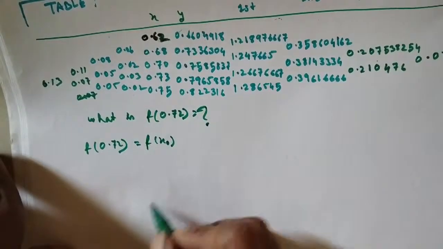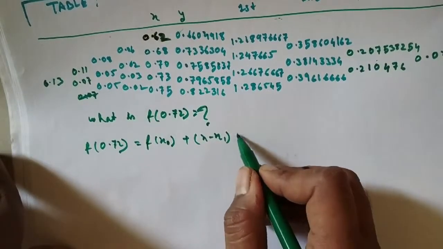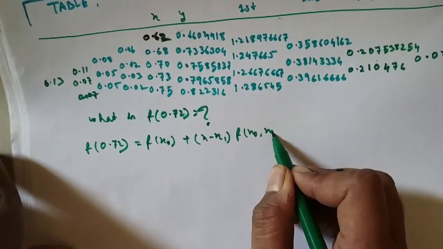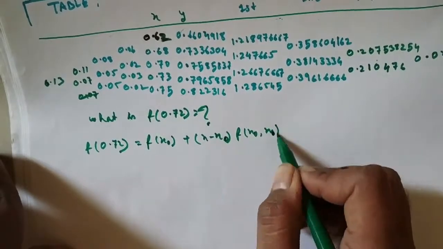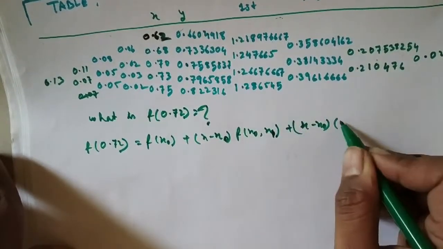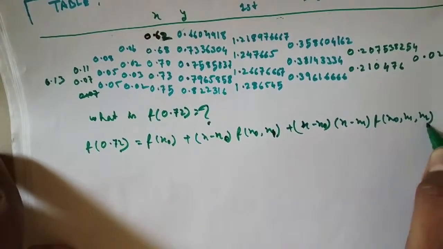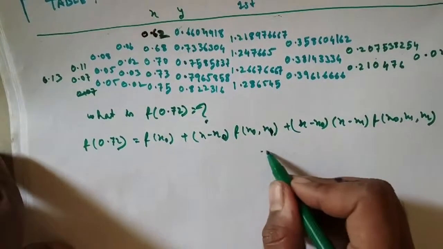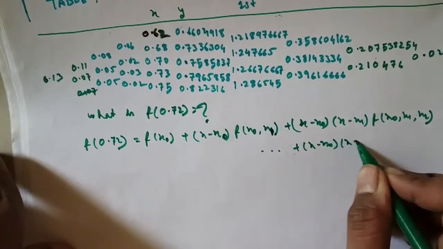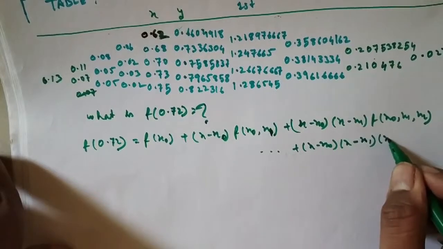Here was f of x0 plus x minus x0 into f of x0 x1, plus x minus x0 into x minus x1 into f of x0 x1 x2, and it goes on, plus the final term will be